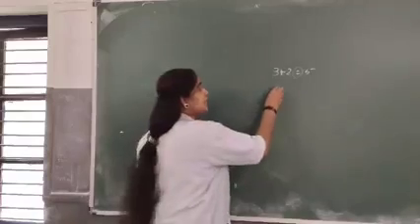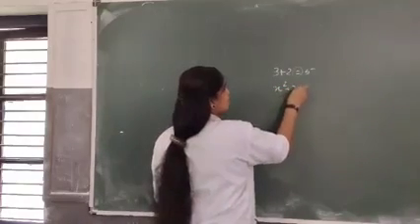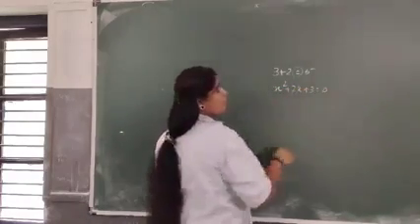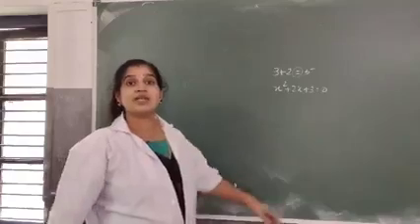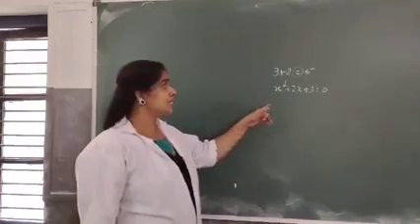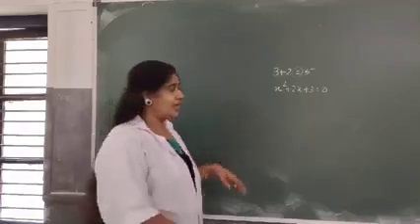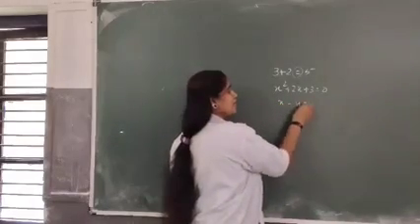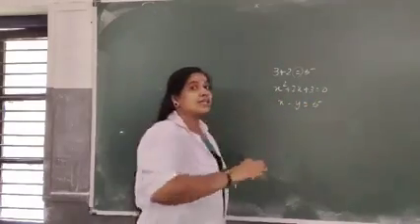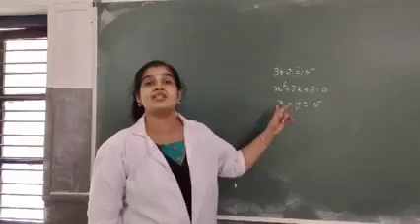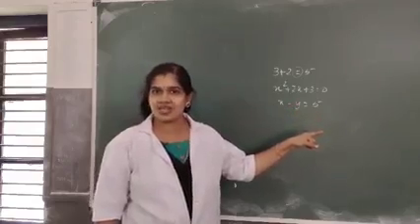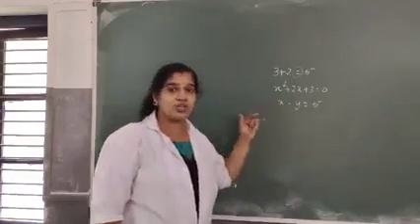Then if it is x square plus 2x plus 3 equal to 0, it is an algebraic equation. Its degree is 2, so we can call it a quadratic equation. See, x minus y equal to 5, in terms of the variables, it is an algebraic equation. We have studied that.